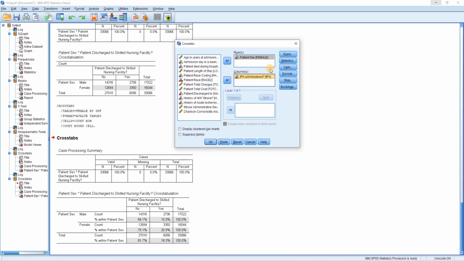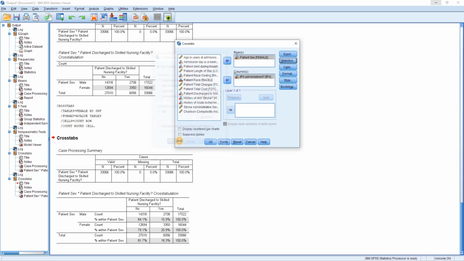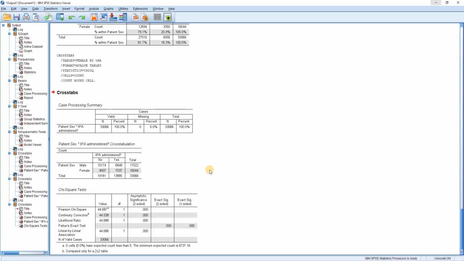And to enable the Pearson chi-square test, you'll click on the statistics option and click on chi-square. And when you click OK to run your crosstab table for patient sex by TPA administration,